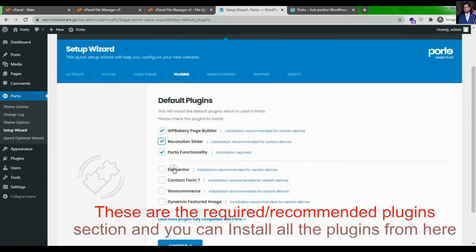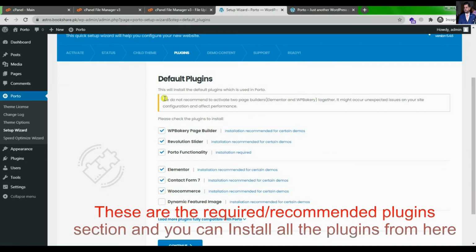These are the required, recommended plugins section and you can install all the plugins from here.